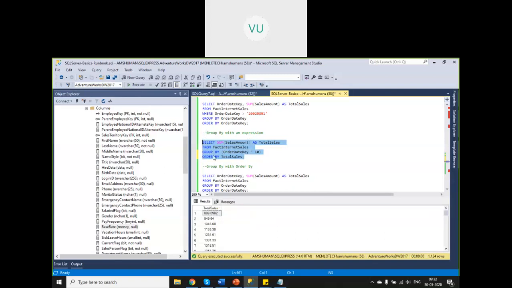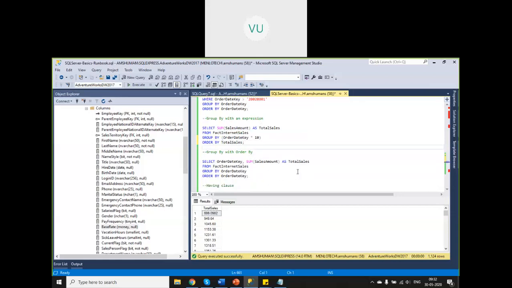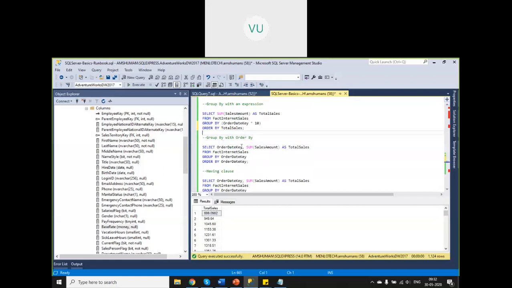So order by is applied at the end on one of the columns or column values or alias columns which are part of your select statement. Okay. And group by with order by we have already seen. So from this table, first apply group by, and then apply select for these particular columns and aggregation columns with some column aliases, then order by a particular column value. So I can also say total sales,